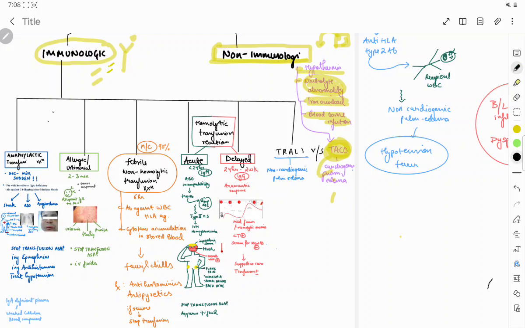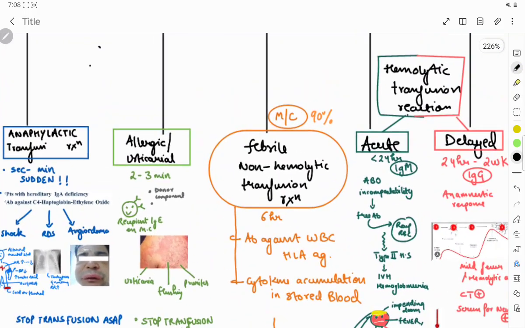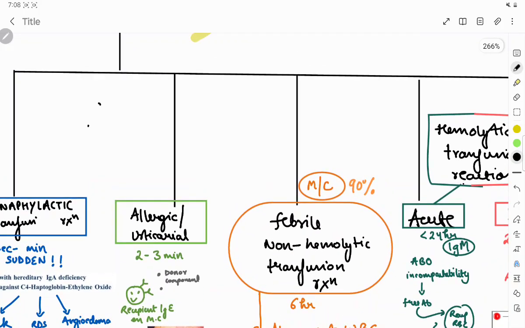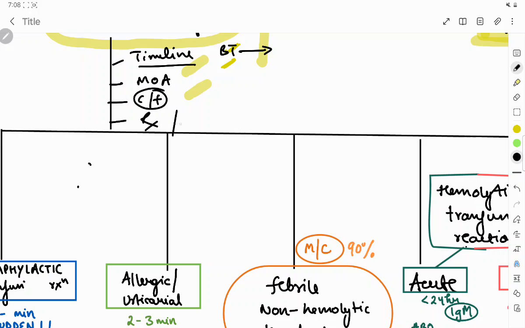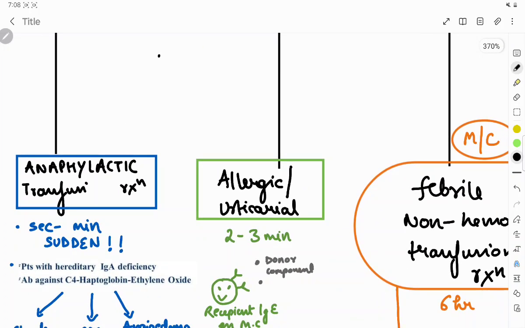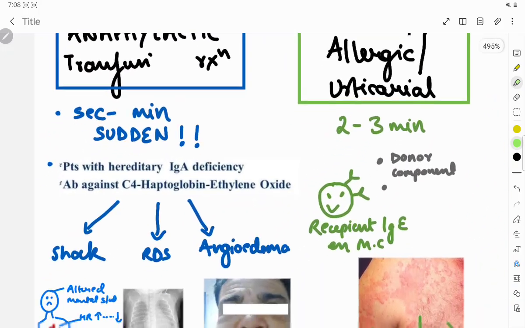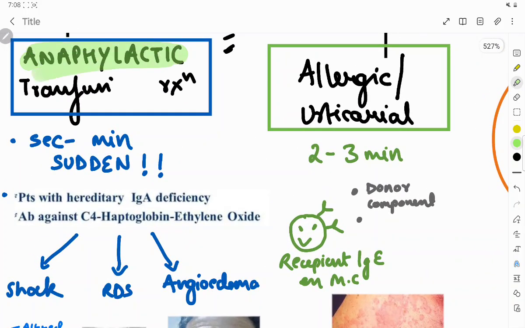Now for the immunologic type of transfusion reaction, we'll try to understand four things about every reaction that we study. These four things are the timeline when this reaction is going to occur after the blood transfusion is occurring. The second thing is how it is occurring. The third thing is how it is going to present. The fourth thing is how we are going to treat and prevent this condition. So let's start with the reaction which is really very fatal and is the earliest to occur. Okay, this reaction that is earliest to occur and is the most fatal reaction is actually the anaphylactic type of